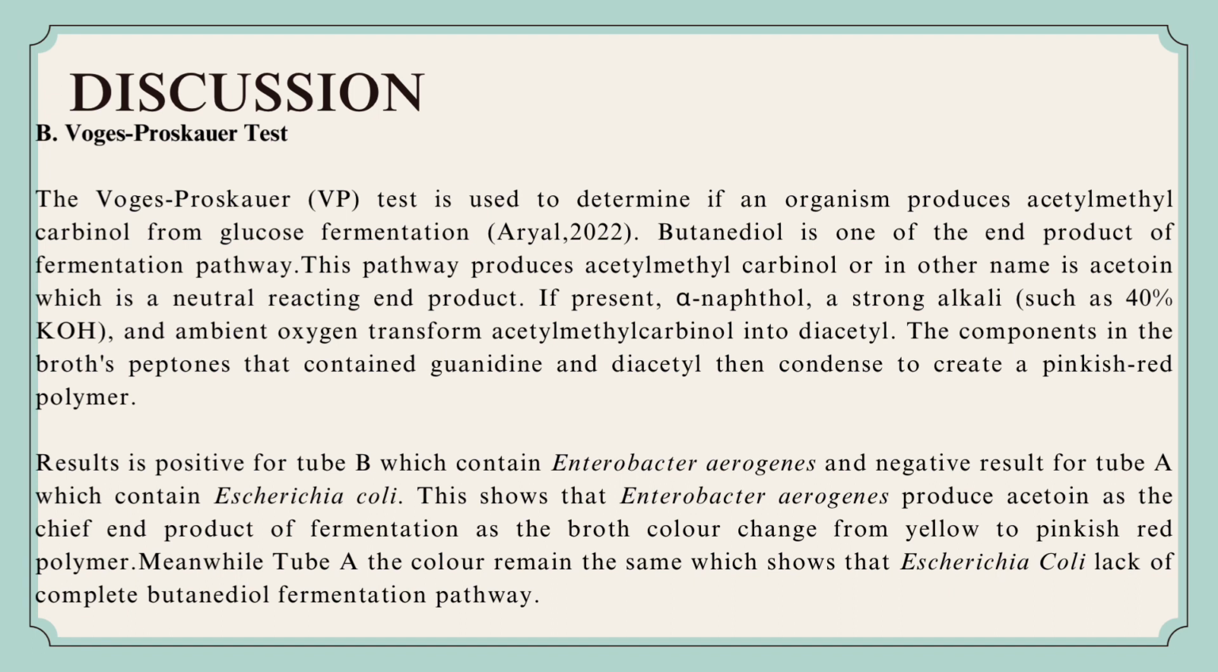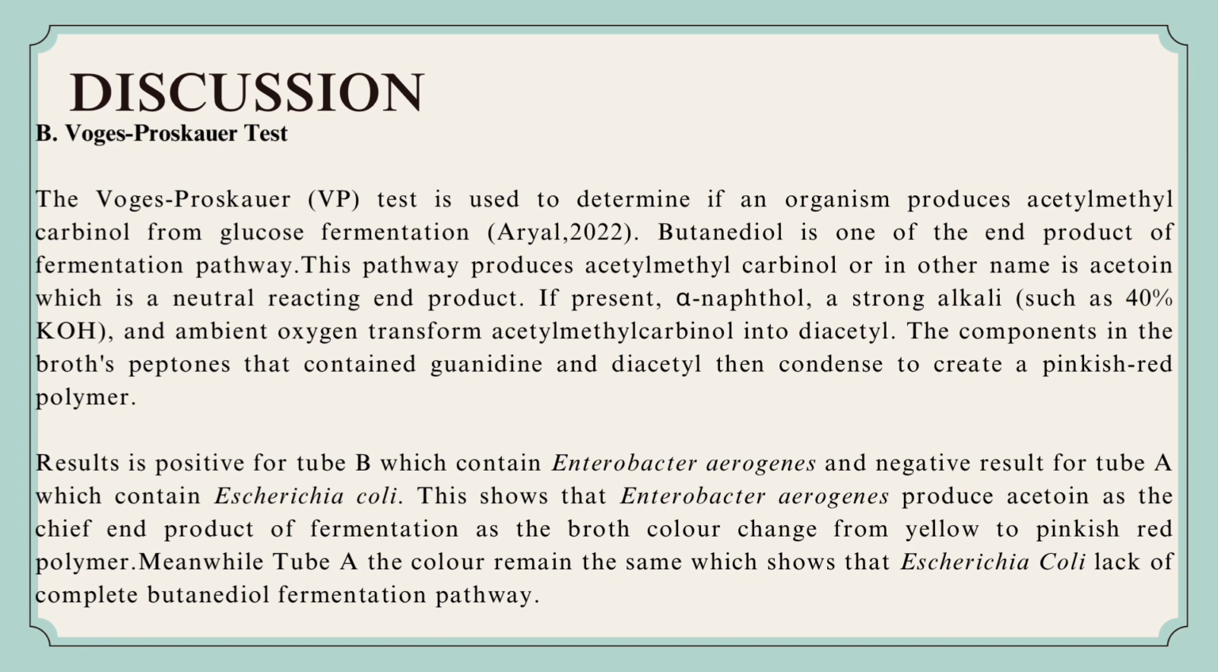The Voges-Proskauer test is used to determine if an organism produces acetyl carbinol from glucose fermentation. Butanediol is one of the end products of the fermentation pathway. This pathway produces acetyl-methylcarbinol, or in other words acetoin, which is a neutral reacting end product. If present,